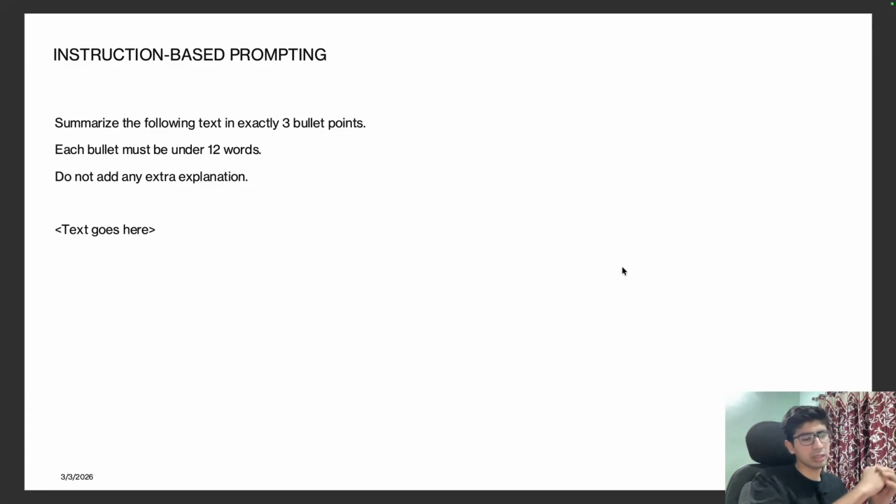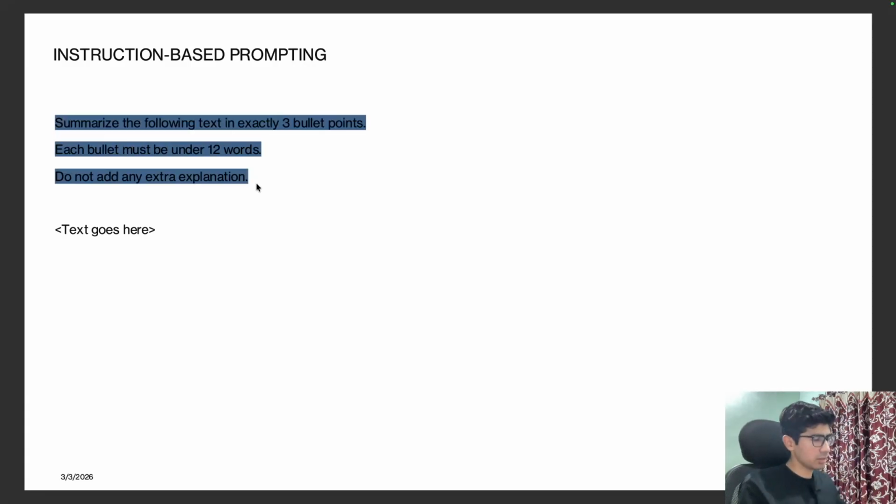In this, we give the instructions like what all is needed and how the output should be formatted. So if you read this example, summarize the following text in 3 bullet points. Each bullet point must be under 12 words. Do not add any extra explanation. Alright, so let's copy this, and text goes here,